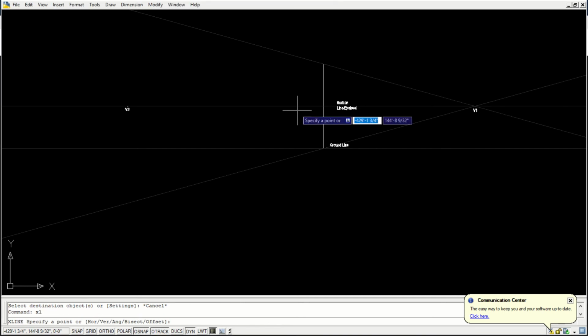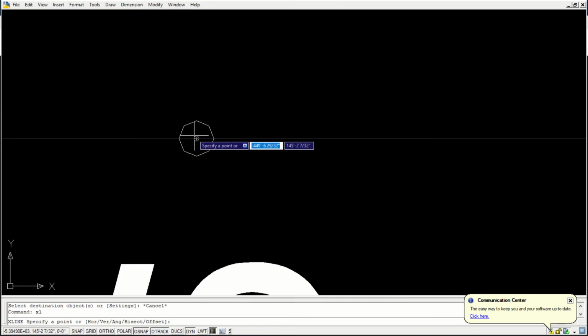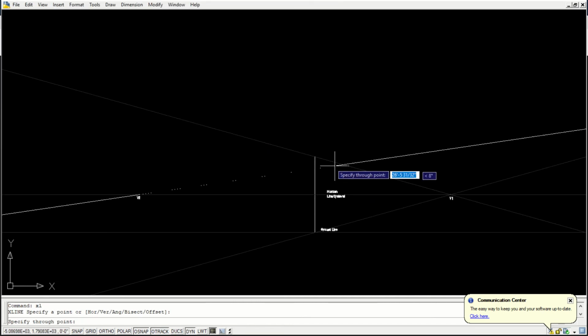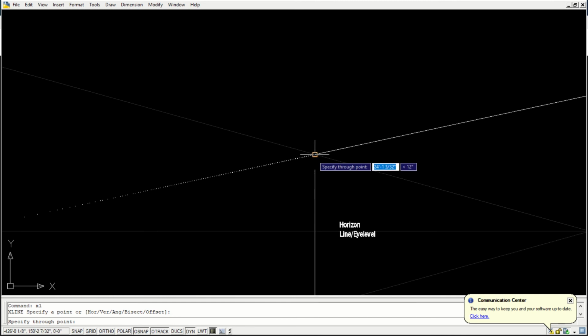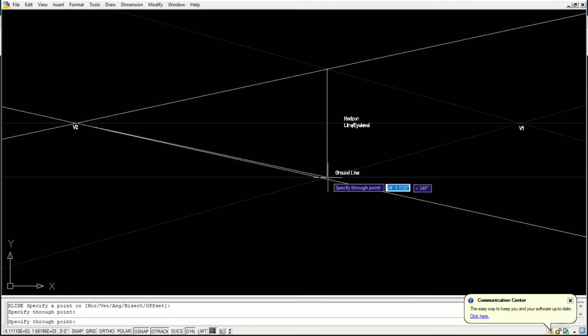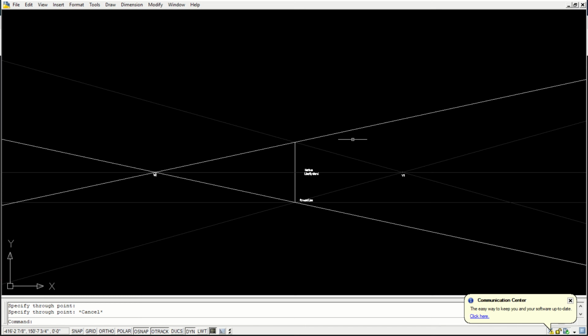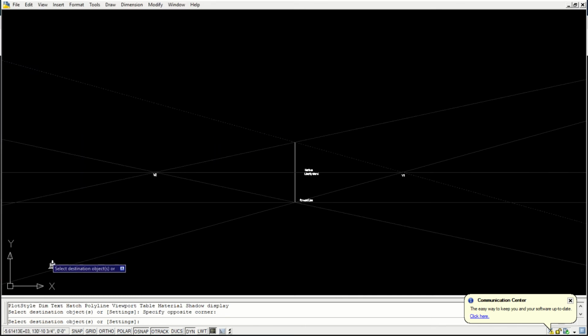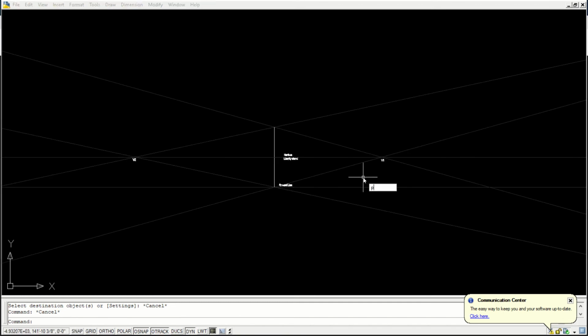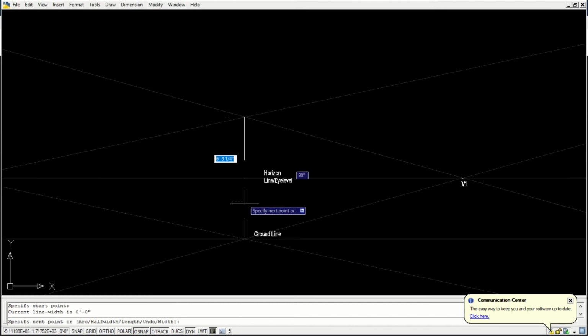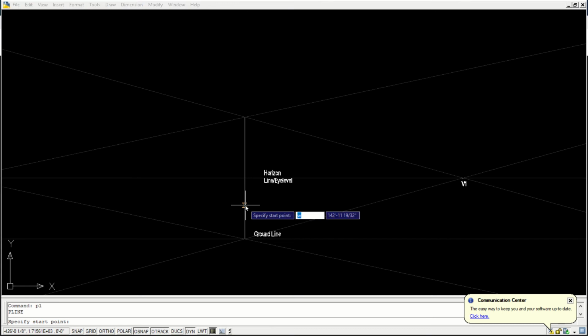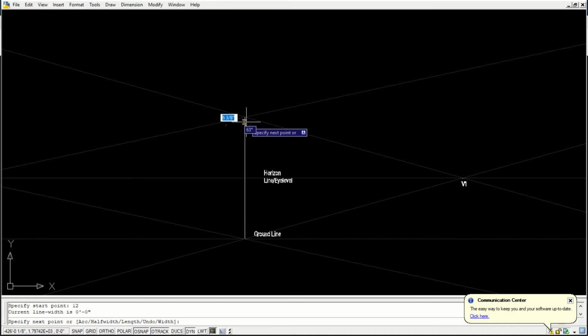Same trick, use lines passing through diagonals, passing through the edges here, and this will be the facade for the right. Let us assume we don't have a measurement as of now, so I'll just quickly draw some indicative lines so that we can see how it looks.